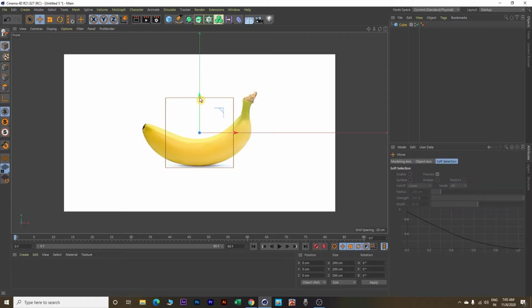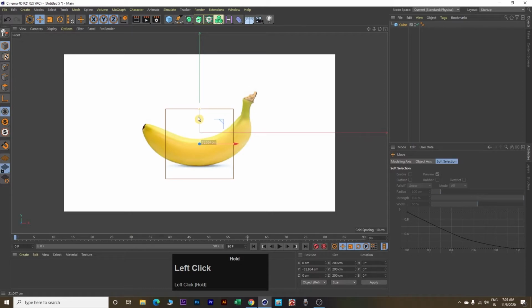Before reducing the size, I will first bring this cube little down by activating Move tool by clicking E on my keyboard. Next, I will bring my mouse pointer close to this green arrow, and here I will click and hold my left mouse button and will drag my mouse downward.